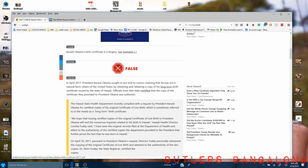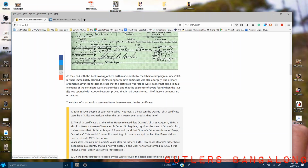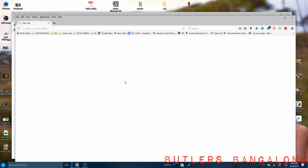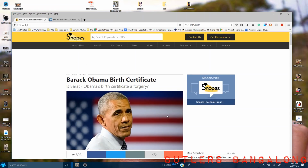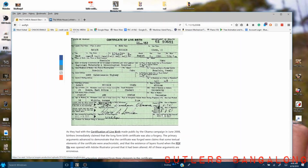Because look where it points. It points to something real big. A PDF file, by the way. And it's calling it the News Release Birth Certificate. I've never seen that. Down here there's the certification of live birth. That's the short form. Let's look at that. Okay, so what we've established here is that Snopes has a bunch of dead links. So there's really not a lot of proof of anything on Snopes so far, except this very nicely cropped birth